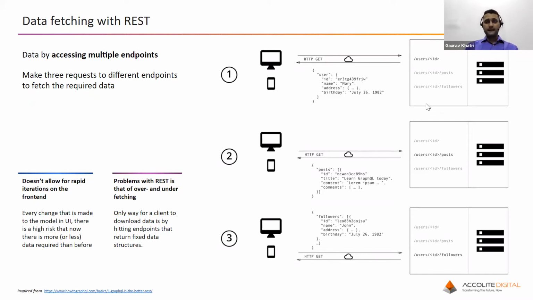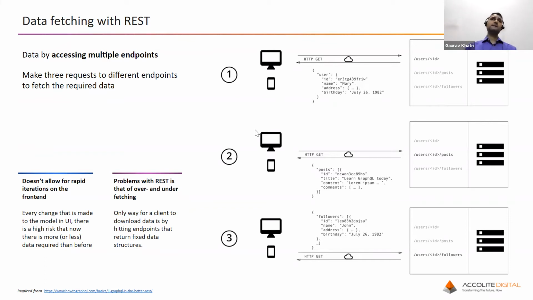Apart from this, let's say we have another use case where we have the user details page. There we will also want some other details in terms of posts and followers. To get those details, the UI will be forced to hit other endpoints for posts and followers. So it also creates the underfetching issue. It means that if we want the final representation of data, then the UI needs to hit more than one API endpoint. So these are the two main issues if we consume the RESTful API directly from the UI.